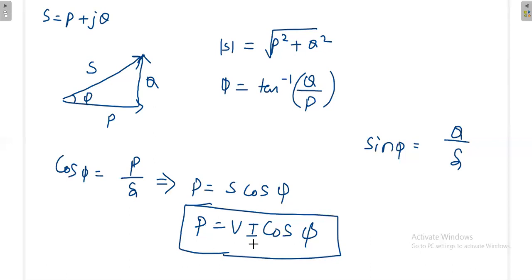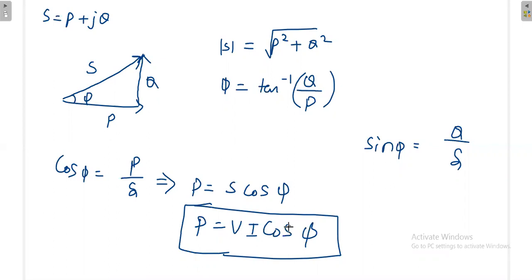This is the total power, and out of the total power, how much value is going to the resistor? So we are getting another formula to calculate the power across the resistance. P always means the power across the resistance. Cos phi will give you some value between 0 and 1: how much power is going to the resistor. That is another idea. So simply you are multiplying with cos phi.